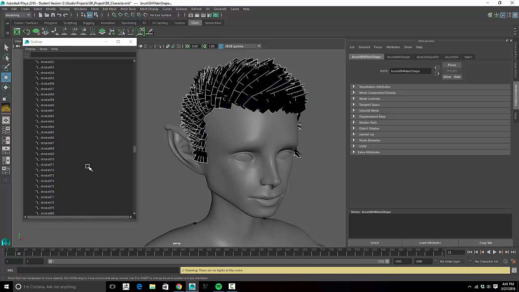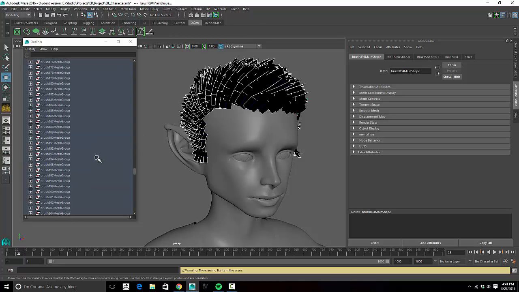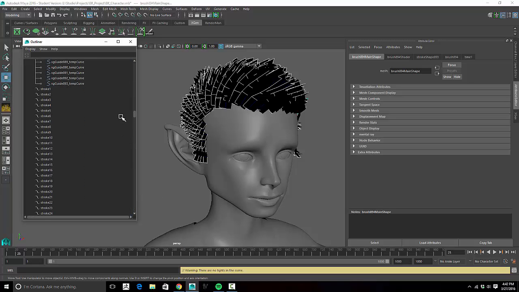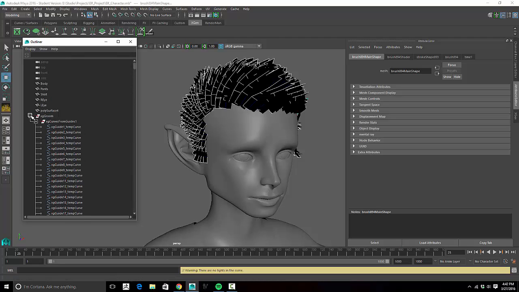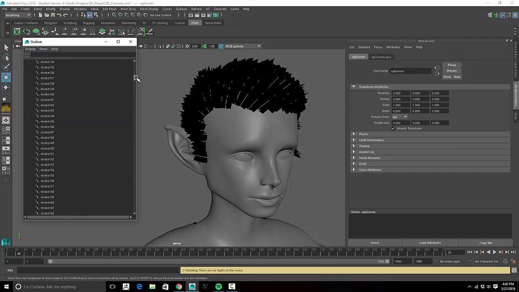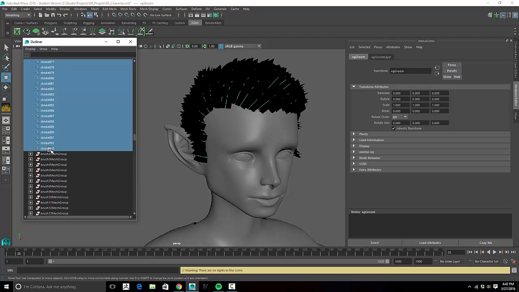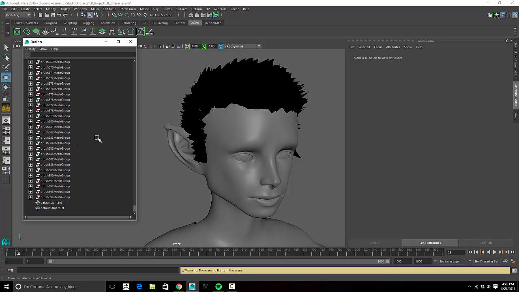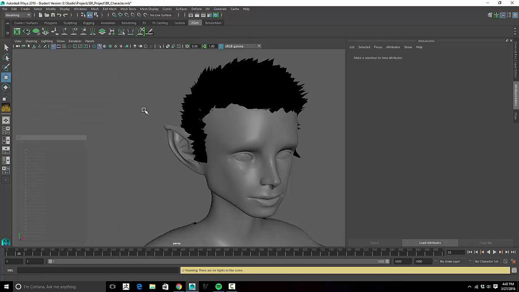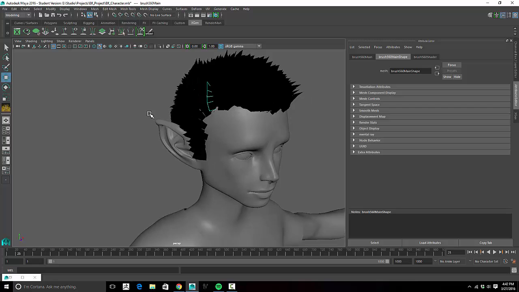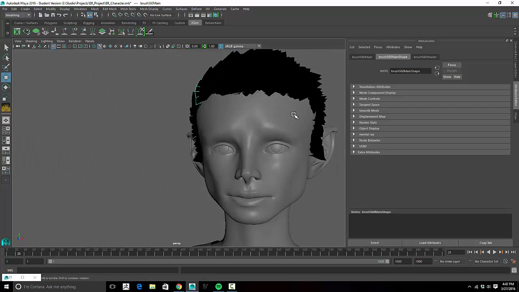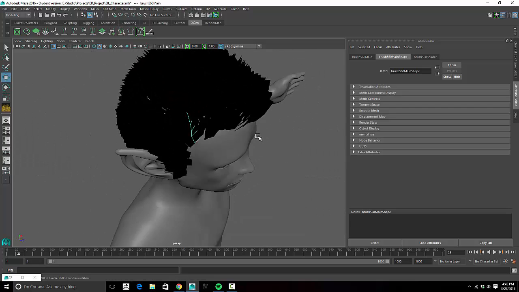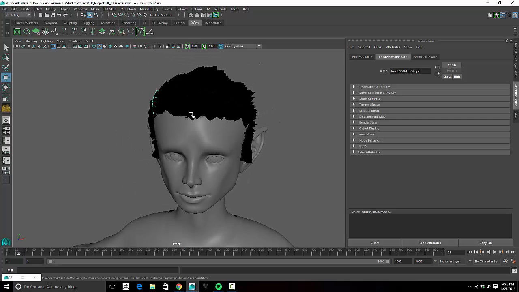So now we have all of these polygons here, and we have all of those strokes and guides that we can get rid of. So we can get rid of all of that stuff except for our polygons. And now we can come in and sort of edit this individually. At this point, you'd probably want to apply your texture to this. But